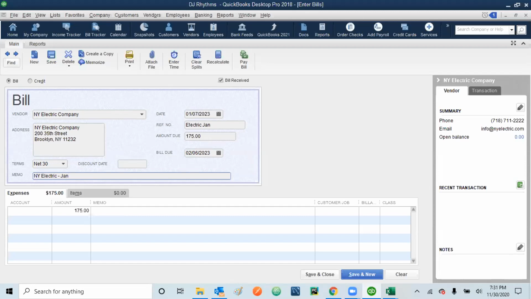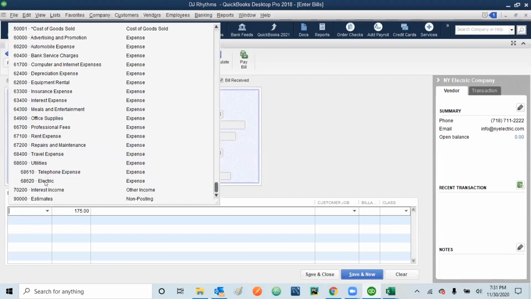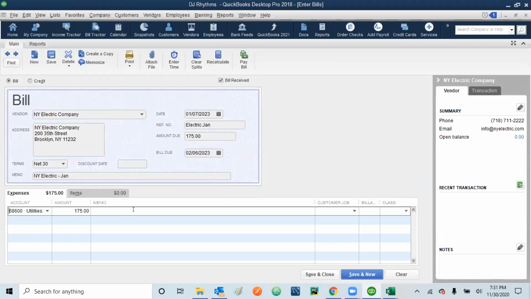Then you can select the expense account, so it's your electricity expense. You already created one utility bill expense, which is electric. Select it, and in the memo you can copy it from here. Always remember that this statement will be created for your expense account. If there is nothing, you will not know why you paid this amount. So always Control C and Control V, and it will show why you made this payment.